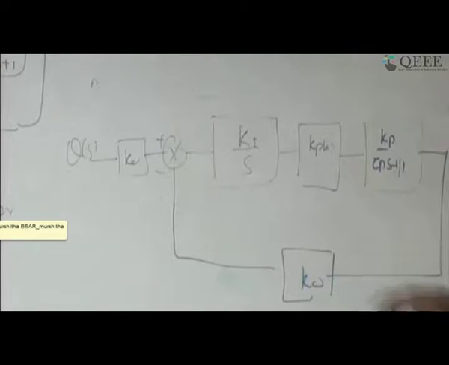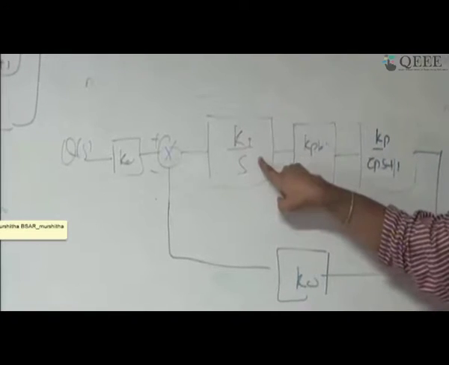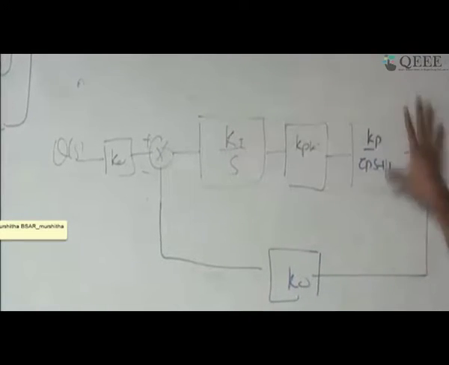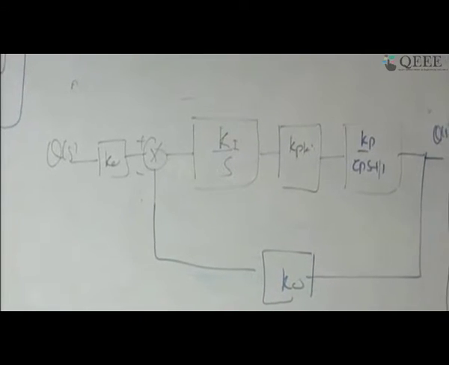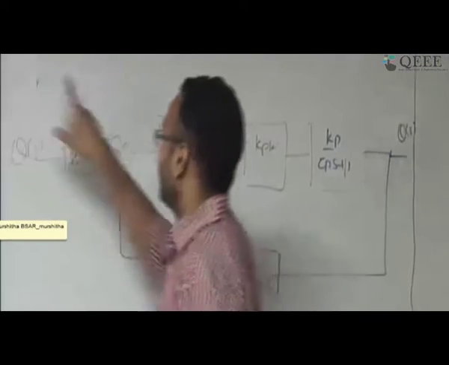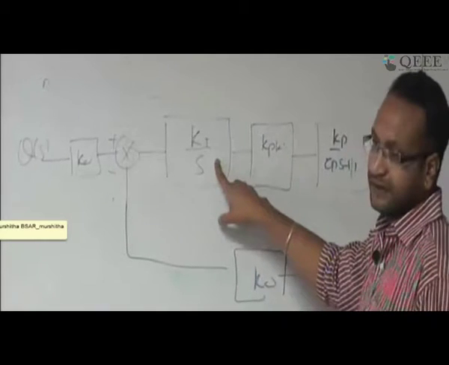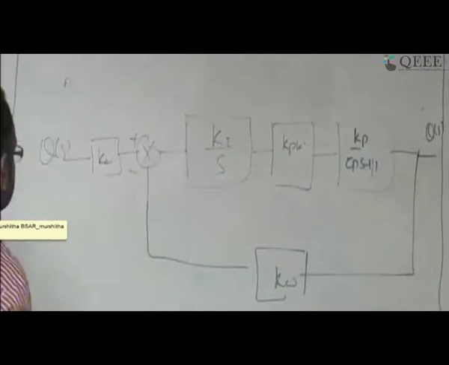So look at the changes which I am making. Earlier I was putting a proportional controller, now I am adding an integral term. Now I want to see how this behavior is going to change. Okay, this part is clear. This output is theta s. The only difference we have made is that earlier I was using only the k term, now I am adding a ki by s. This is my integral. So now let us simplify this.